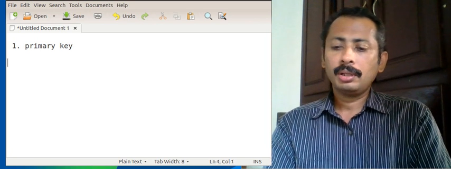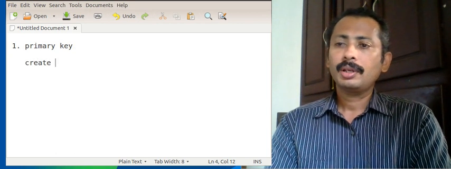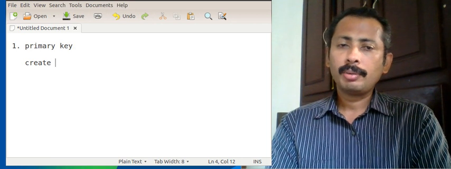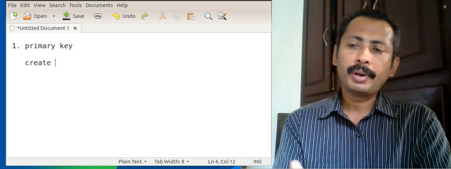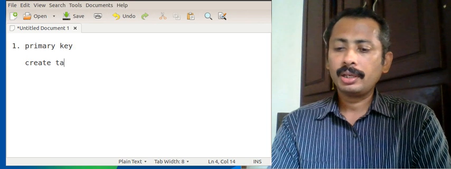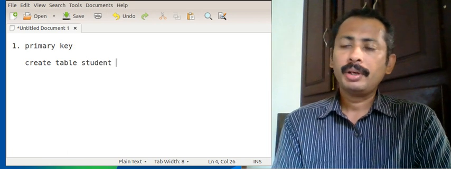So the query for creating a primary key can be done in different ways. Now I am going to show you how to create a primary key along with table creation. So create table student. My table name is student.